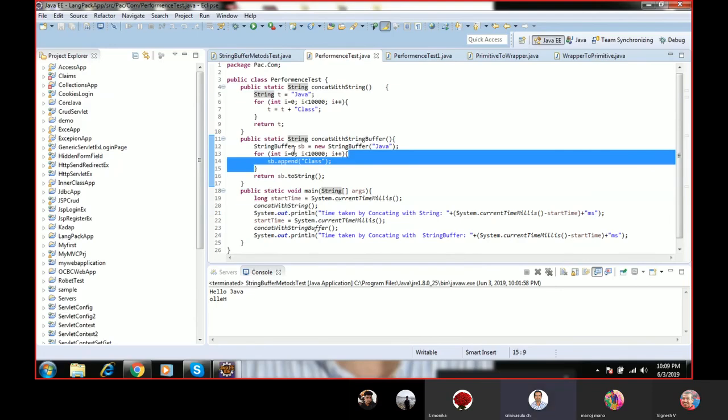object, which class appends early. So we can check which class is taking how much time here. So for checking it here